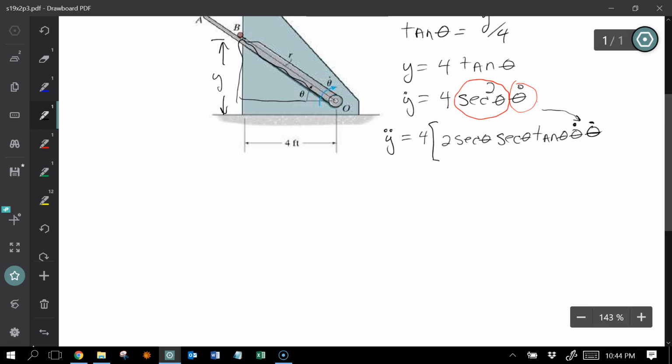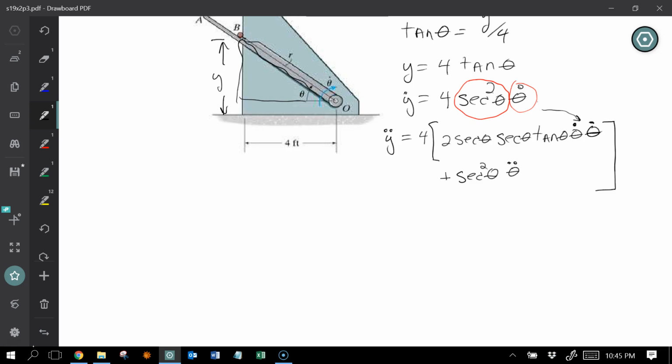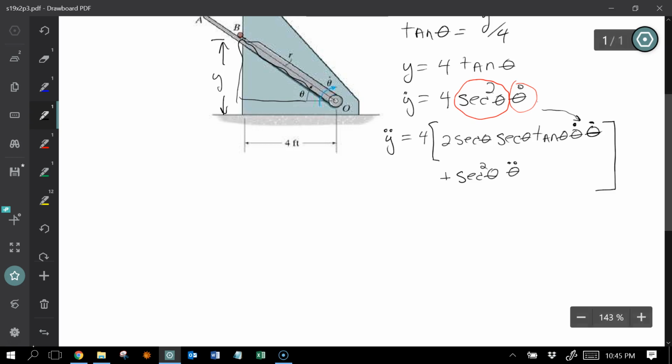Okay, plus the first term times the derivative of the second term. Boom. Okay. So now what you know is that the theta double dot is 0 because theta dot's a constant,